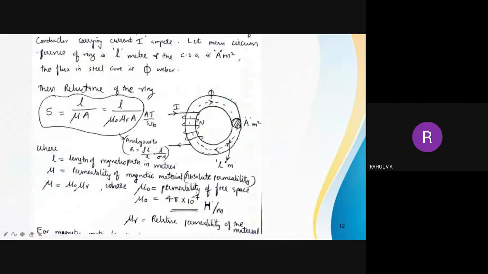So you can see that there is a ferromagnetic ring or iron ring, a path for a flux. Here a coil is wound like this. I am allowing I ampere through these n turns of conductor, that is mmf is equal to n into I. So the flux is built up and it flows like this.